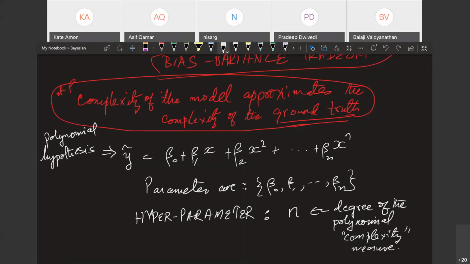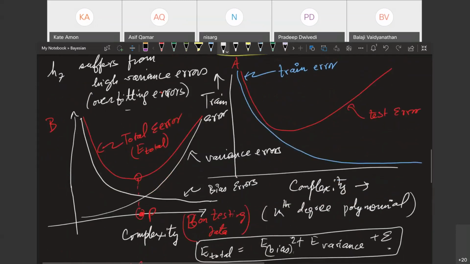The good news is it is easy to stop, because what will happen is your test error will first decrease, and then it begins to increase. So at this degree, whatever n is, where n would be 3, let us say, you know that you have reached the ground truth. After this, the moment you notice that at the fourth, fifth degree the errors are increasing, it is time to stop. You have found the best, isn't it? So you keep on dialing up the complexity while the test error is going down. But the moment you notice that your test error has started going up, you say, now it's time to stop.